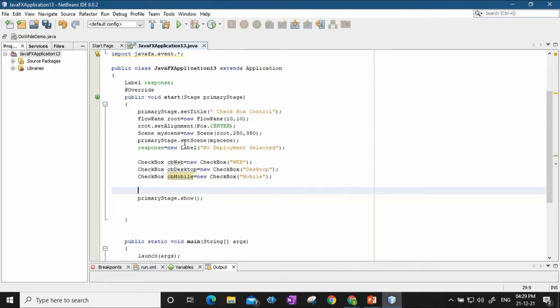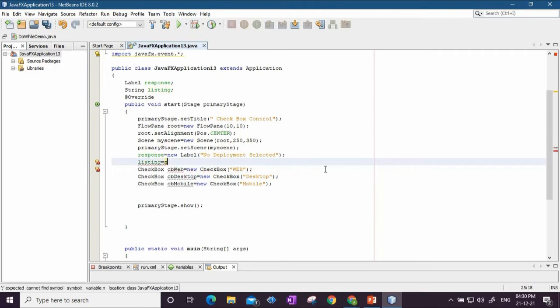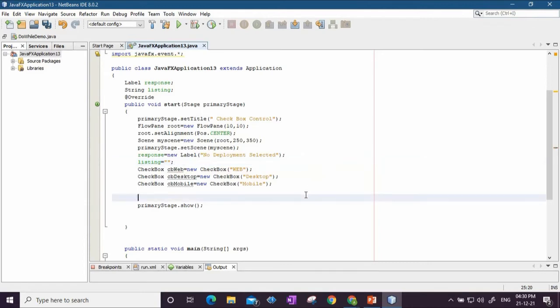So for that I will use a string, listing is the name of the string, and I initialize this listing equal to null initially.